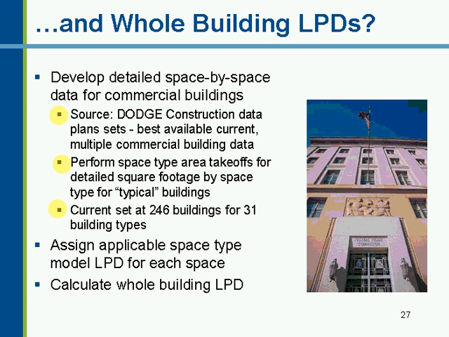and for each calculation of space type square footage, the appropriate LPD was multiplied by that, and you get a weighted average of that typical building. You then do a weighted average of those buildings across a building type. So each of the office buildings that were done was averaged with all the other office buildings to come up with a whole building LPD.